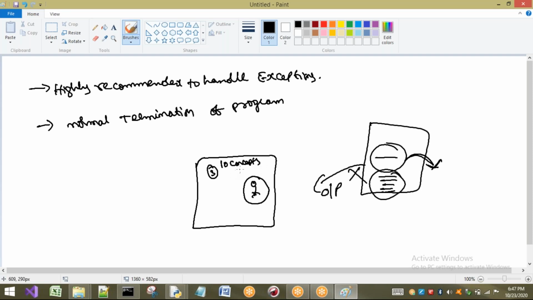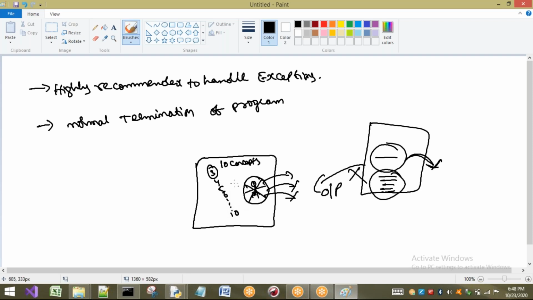Generally, these things do not happen in a class, for example. So what do I have to do? If he is making noise, I have to handle it using some technique: ask him to stand up, go outside, go to the principal, or call your parents. First I handle this particular exception, and the remaining concepts, fourth, fifth, sixth and so on, all 10 concepts I will complete in that same hour.